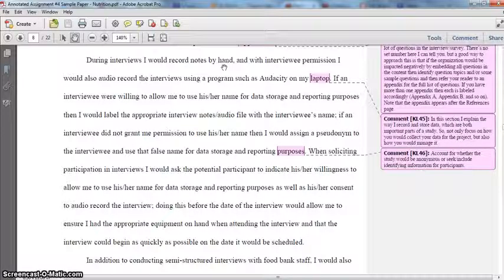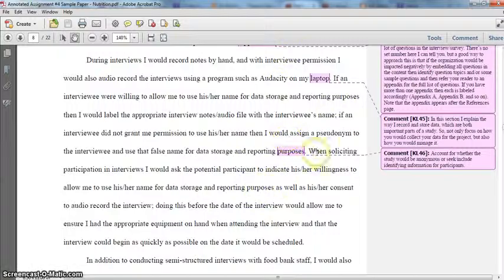Now, of course, one thing about hand recording notes during an interview is that you don't want the interviewee to feel like you're not paying attention, because if you're looking down at your notebook, scribbling away the whole time, then it's really easy for your interviewee to feel like you're not listening carefully, or they may not give you quite the in-depth or developed answer that you would otherwise get, because they're distracted by the constant writing that you're doing. So it is a balancing act, writing and listening and speaking, but the more you conduct interviews and get that practice, the better you become at it.